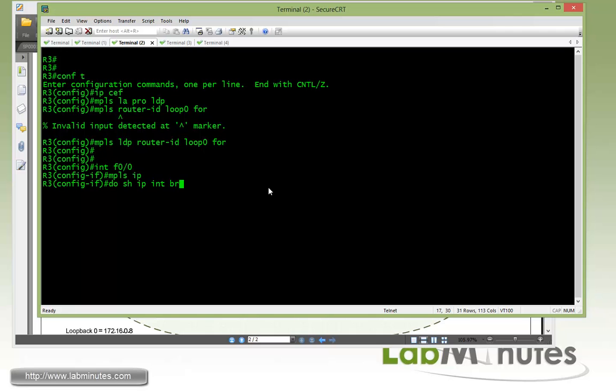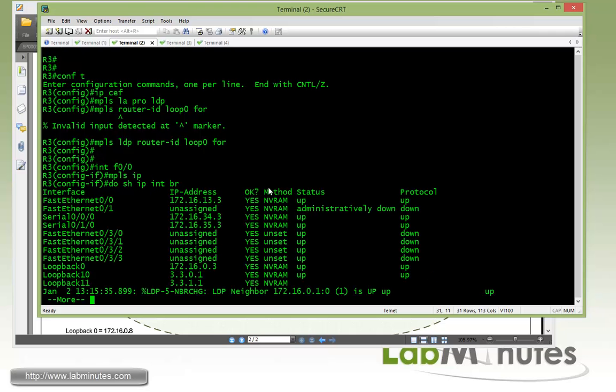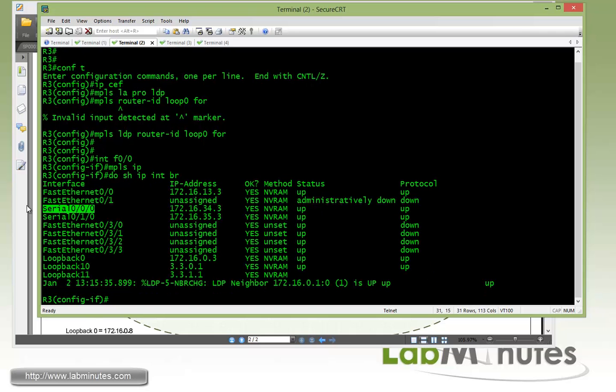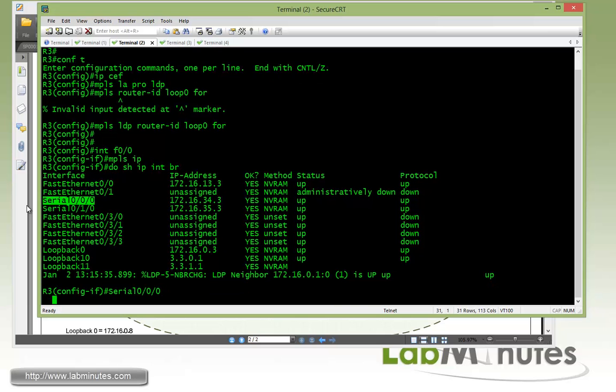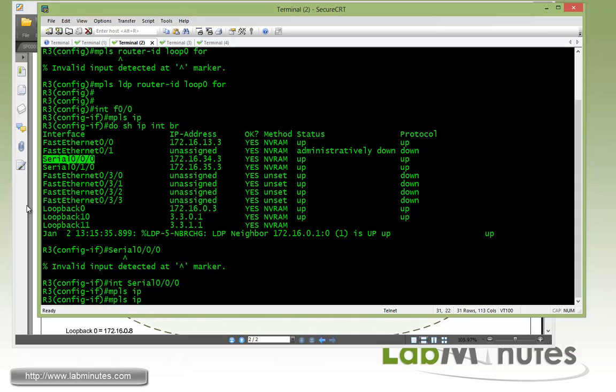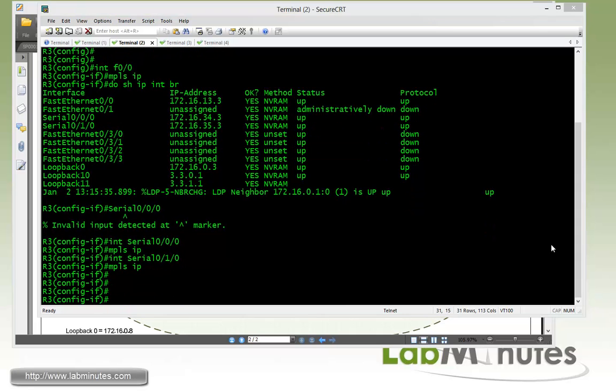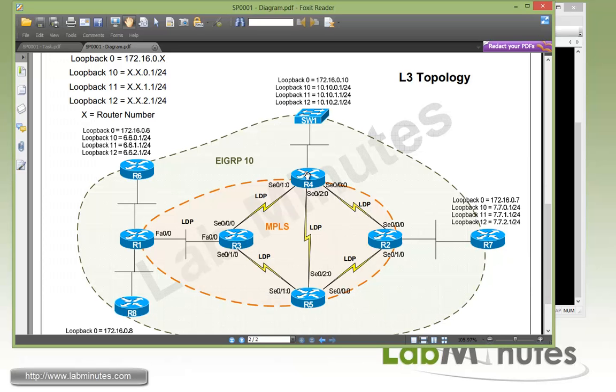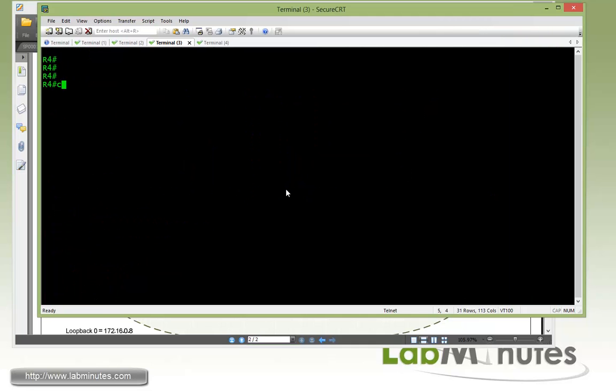Let's make sure we get all the interfaces on this. So we have fa0/0, mpls ip, and then serial 0/1/0, mpls ip. Okay, next router is router 4. We have three serial interfaces, 0/1, 0/2, and 0/0. So going over to router 4,